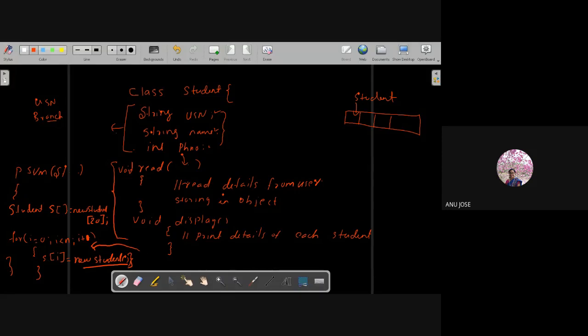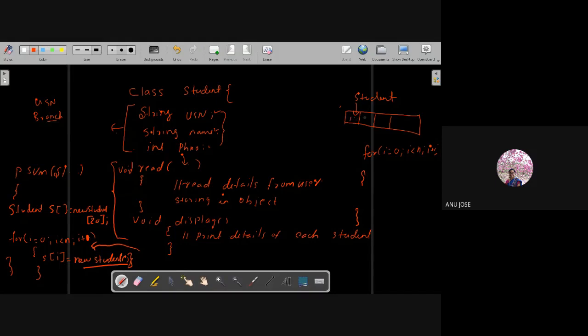Now I can call this read and display operation. Again, one more for loop I can write, for i equal to 0, i less than n, i plus plus. Inside that, what can you do? All the objects you are storing over here in the array.